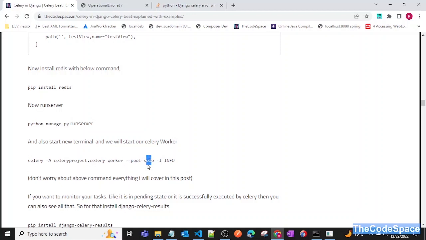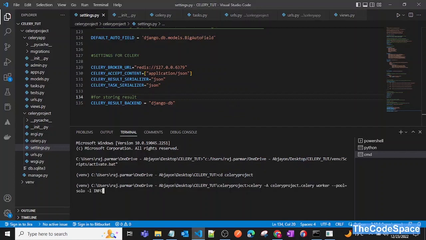So just pass this command as of now. So this is, let's say, celery -A project name dot celery worker --pool=solo, and -l info. So let's press enter,